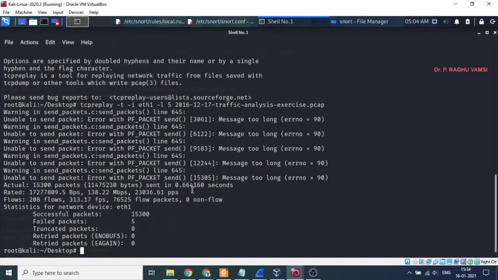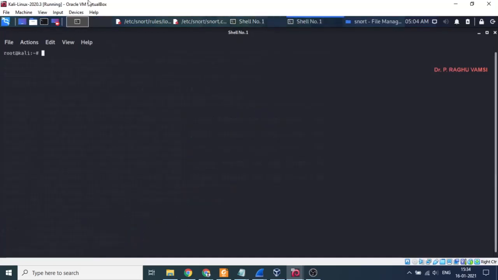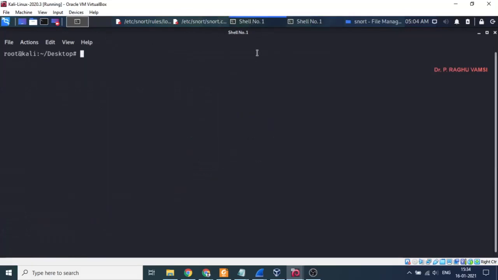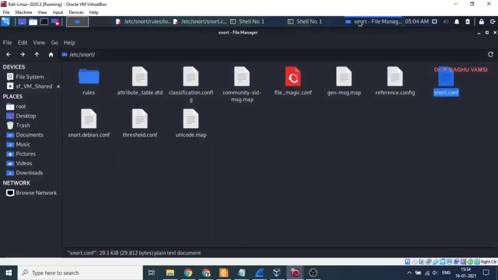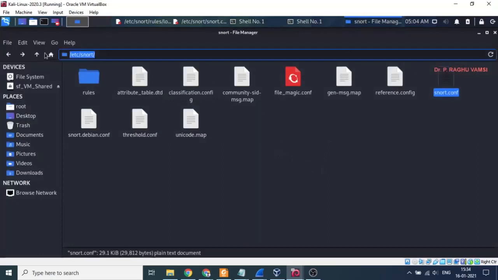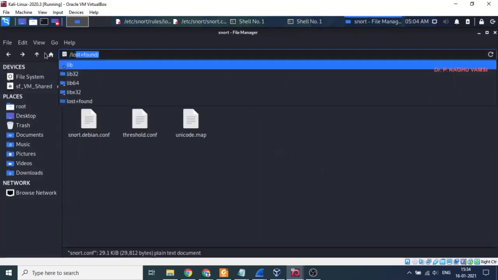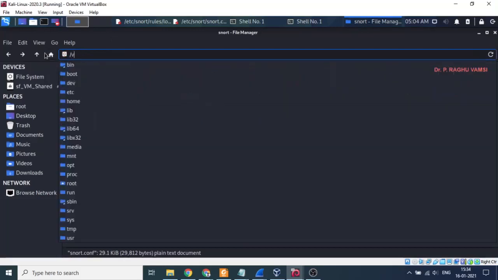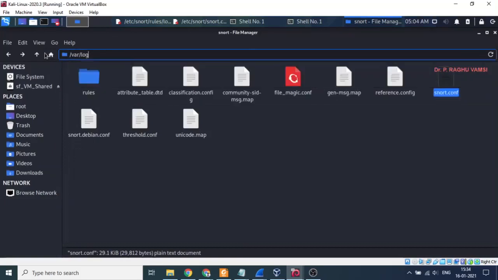Now we'll open another command prompt, and then we are supposed to check the log, var/log/snort.